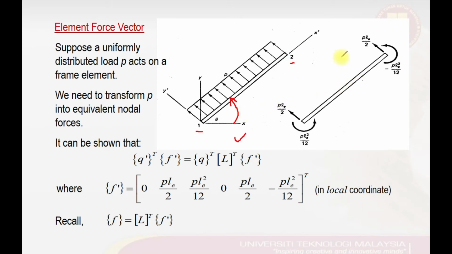So applying the similar approach that we did on the beam elements, this uniform distributed load must first be transferred into its equivalent nodal forces and moments as shown here. So these negative signs to the rotation are actually to comply with the positive sign conventions